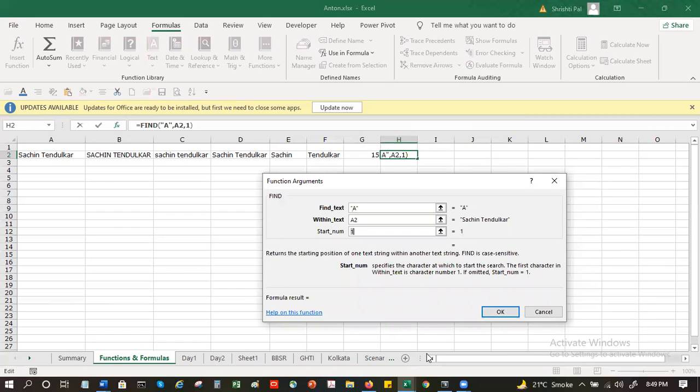I see, so find is case sensitive. Yes, remember that. If you give capital A, it will look for capital A only. There is no capital A. Instead, if we look for capital S,